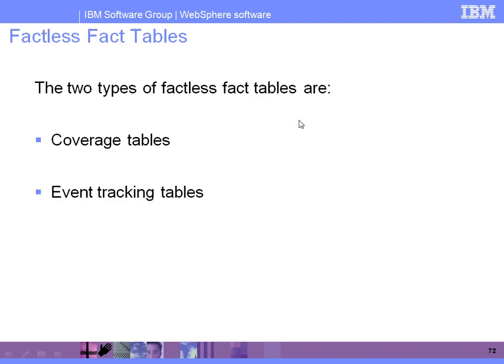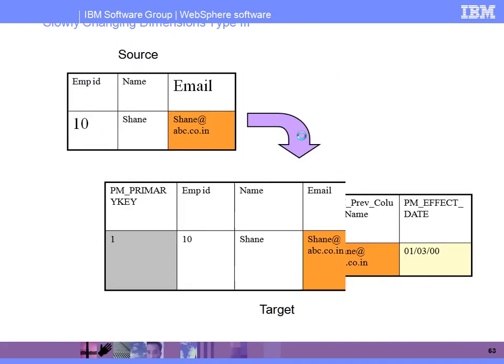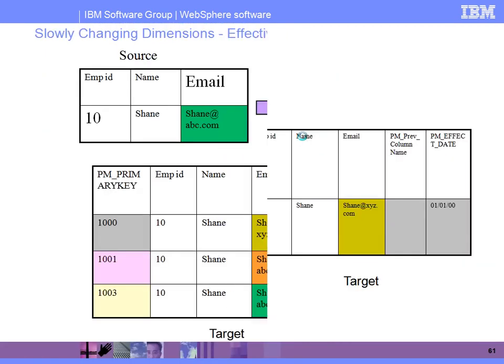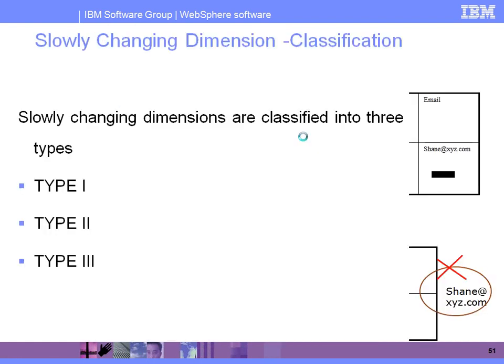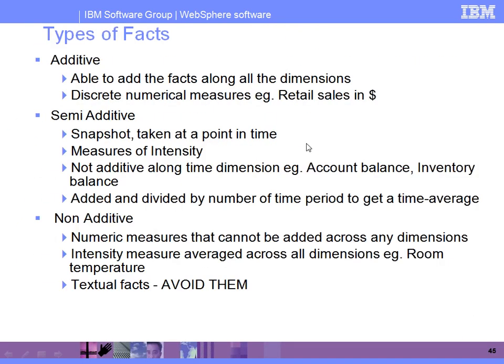Next is a concept called the fact table. But before going to the fact table, let me explain the meaning of a fact, and what different kinds of facts there are in any warehouse implementation. If you are implementing a warehouse for any particular business, there are multiple facts. What is the meaning of a fact?